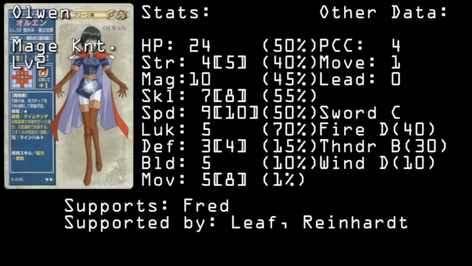Olwyn is another pre-promote, and also your second magic tome user unless you promoted Safie earlier, though I would say that doesn't really count since you don't even get light magic until chapter 14, but I digress. Olwyn is a mage knight, a mounted mage that also uses swords, all of which on or off the mount, and Olwyn in my opinion has the highest potential of any unit in Thracia 776, and among the highest in